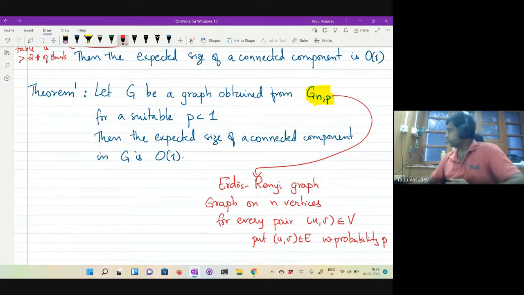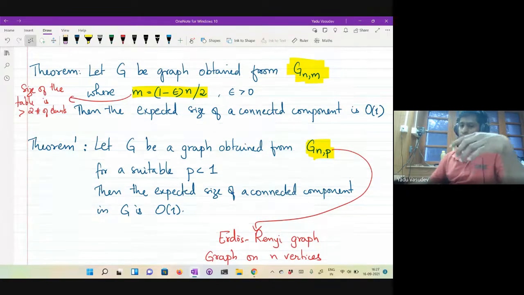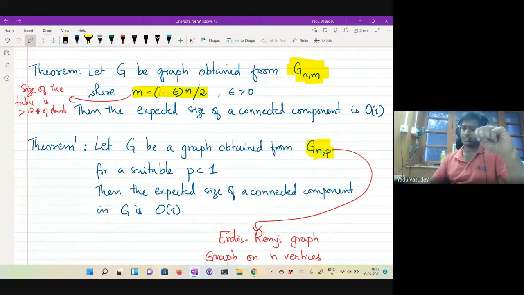Do you see similarities with something we have seen before? The Poisson distribution, balls and bins. So G(n,p) is something like the Poisson distribution. Every edge is present with probability p, independent of the other edges.